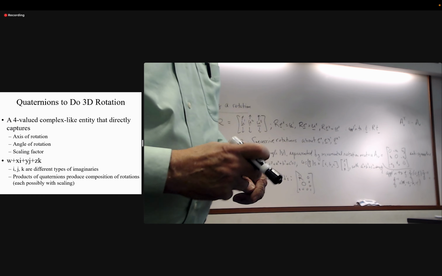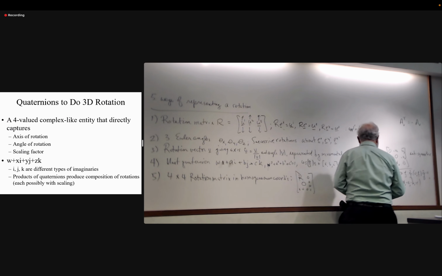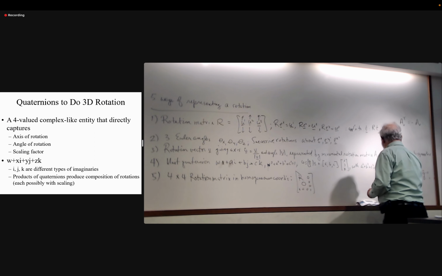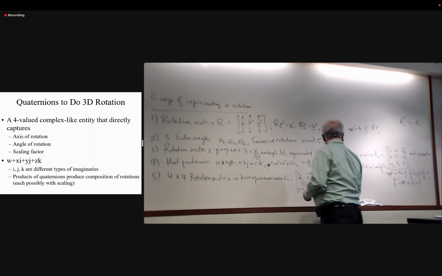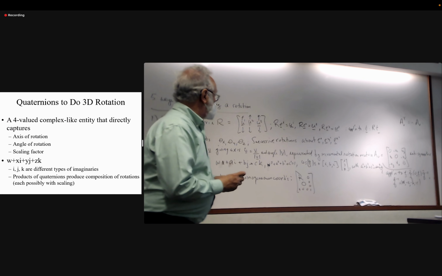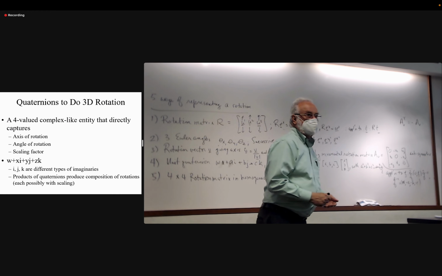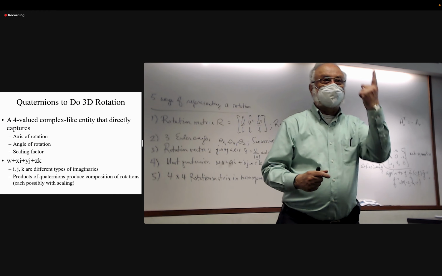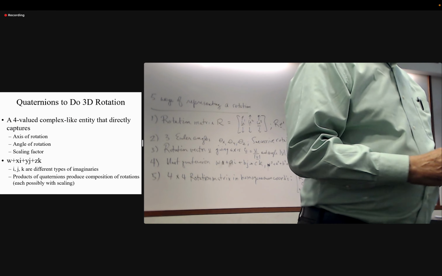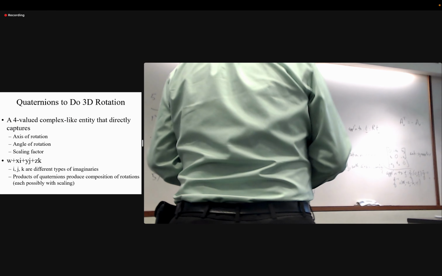So it has the angle of rotation here. And A squared plus B squared plus C squared ends up having to be sine squared over 2 because cos squared plus sine squared is 1, right? And this is unit. Okay,